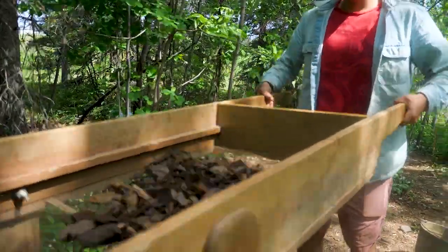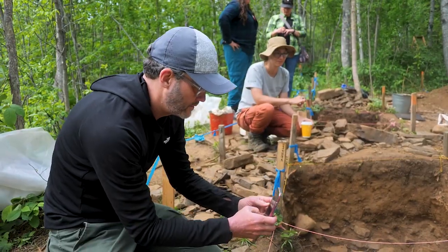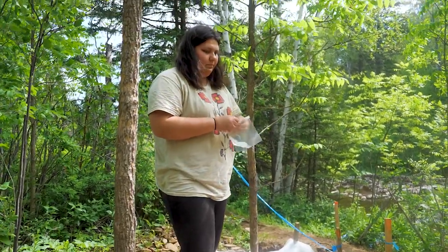What we're seeing here in northwestern Ontario and really across the province is an increase in development. That might be housing developments, transmission lines for hydro corridors, highway developments, things like development for building features, that sort of thing. And so we have to make sure that archaeological assessments are completed before all of that work goes ahead. And so this is becoming more and more of an issue in Thunder Bay as well as other parts